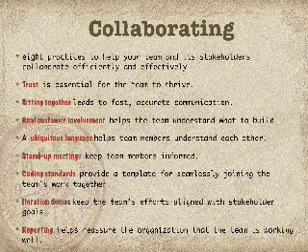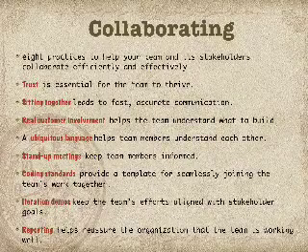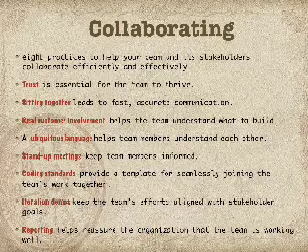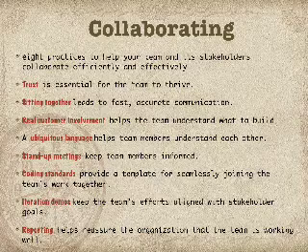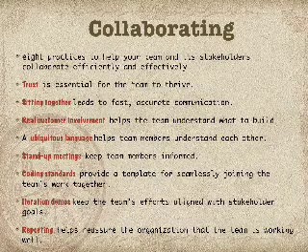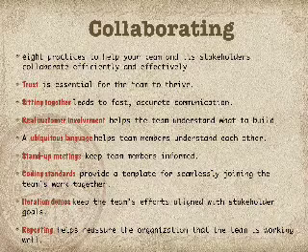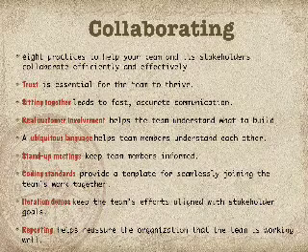Now, there are 8 practices that can help your team and its stakeholders to collaborate effectively and efficiently. The first aspect is the trust. Trust is very essential for the team to thrive well together. And always concentrate on sitting together. It leads to fast, accurate communication rather than communicating by emails or by messages, by other forms of documents. It is easier if you sit together and then plan on things.